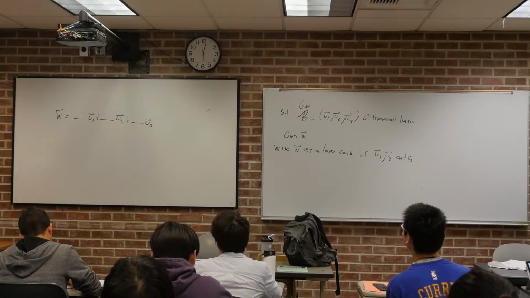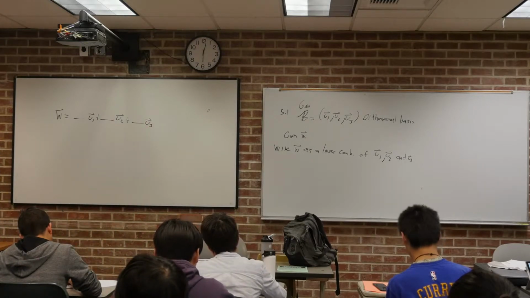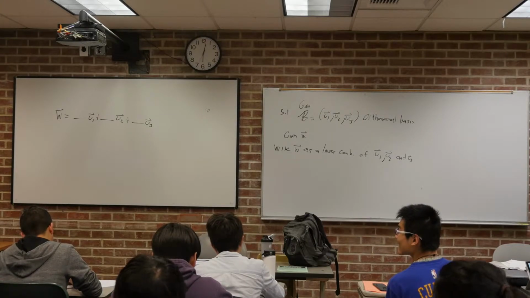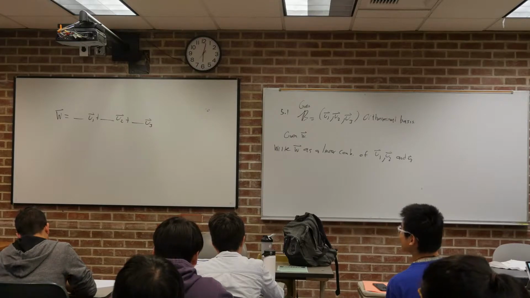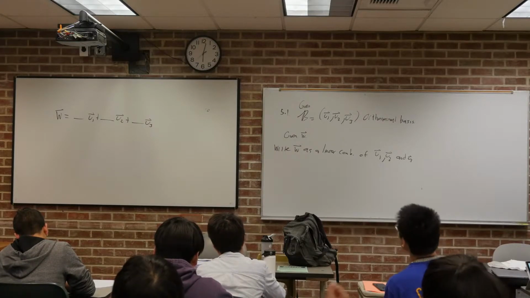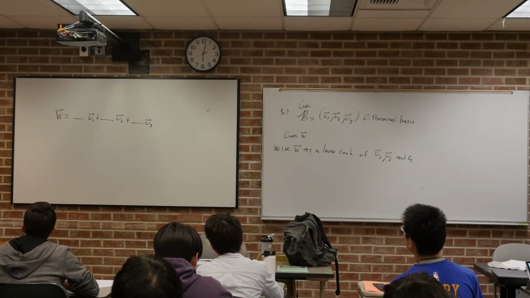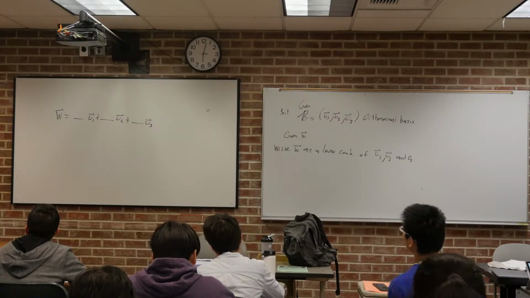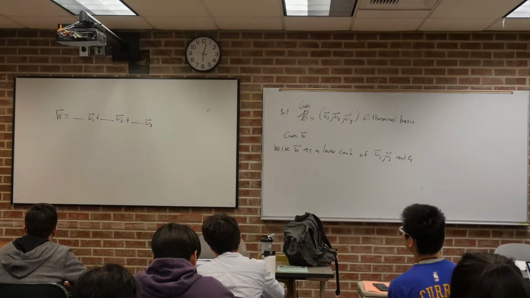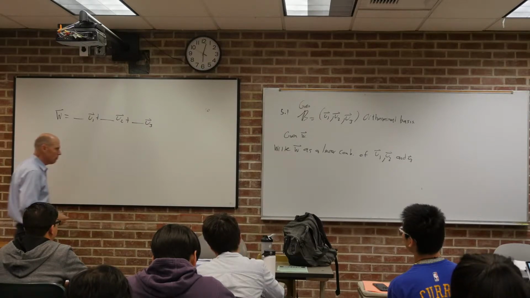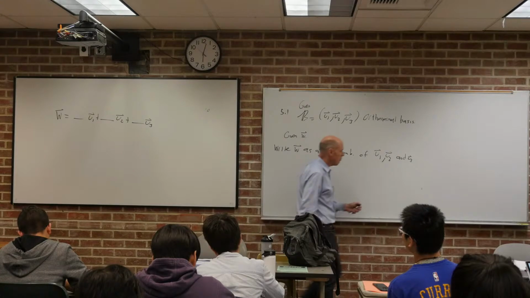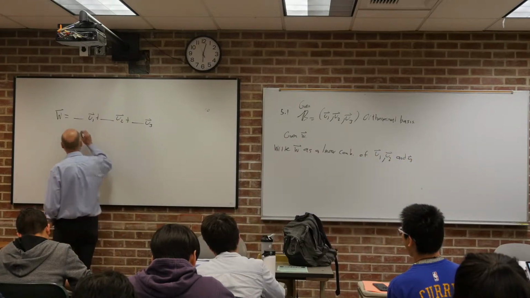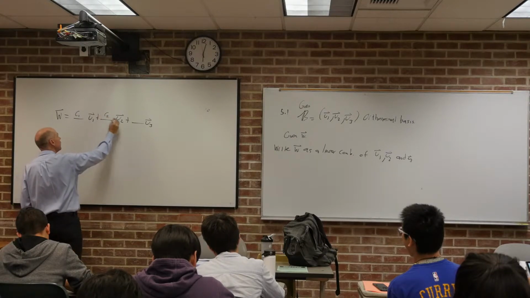Dot W with each unit vector? Perfect, yeah, that's right. So what I want to do is find scalars for U1, U2, and U3. So I want to figure out how far to stretch each of those unit vectors, and then add the stretched vectors together to get W. Normally I just leave the blanks there, but this time I'm going to do some algebra with this. So I'm going to call these numbers C1, C2,